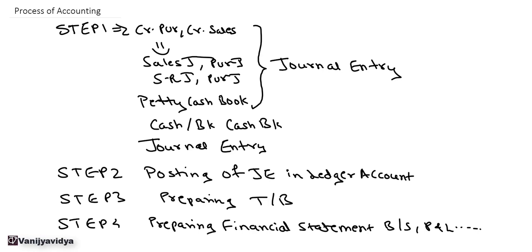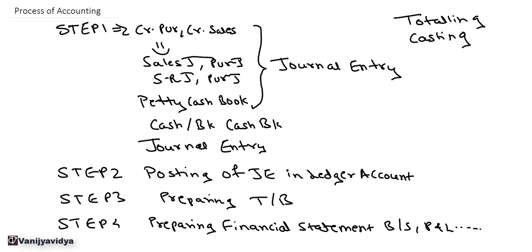For example, in case of credit purchase, credit sales, wherein you record it in your sales day book or sales journal, purchase journal, and then say at the end of the day, a journal entry is posted for the total. So there may be an error in totaling, or casting error. The total of the sales day book or the purchase day book may be wrong. So journal entry may be passed for a wrong amount.